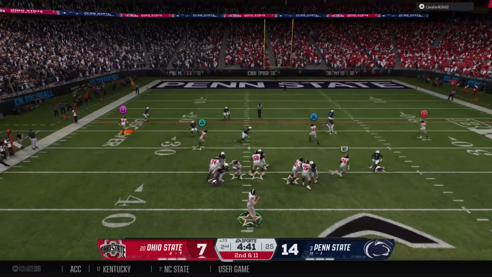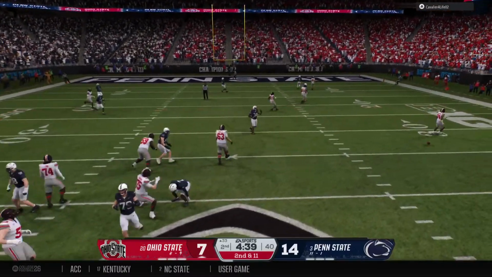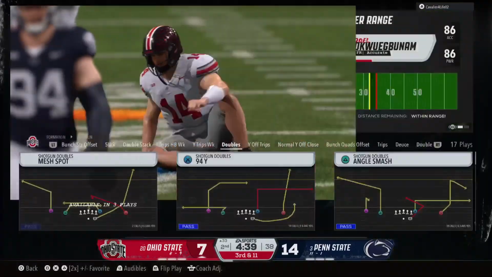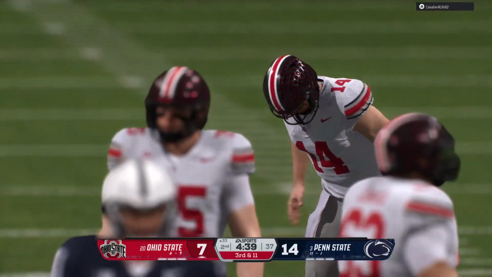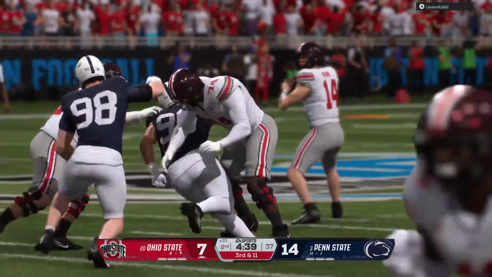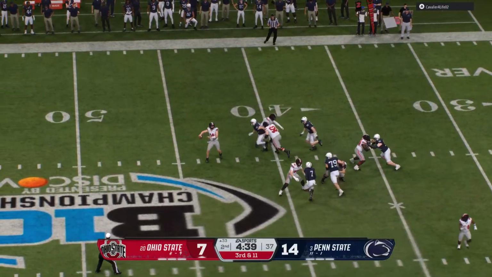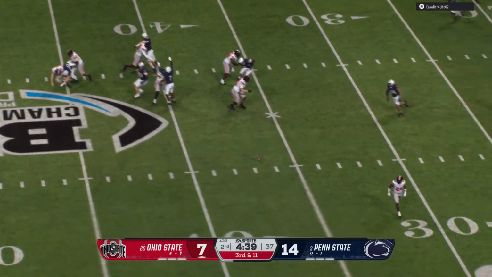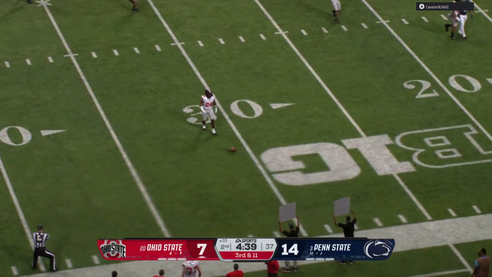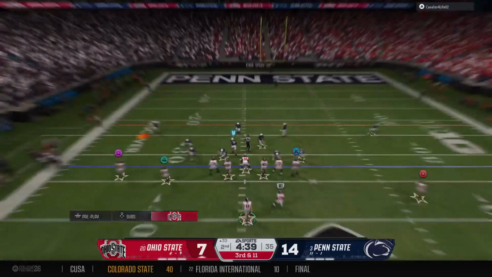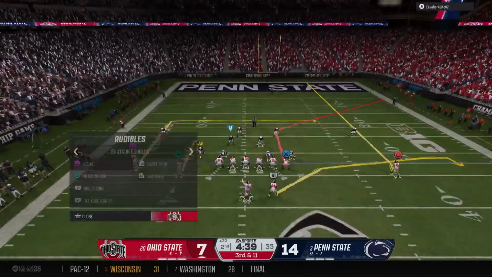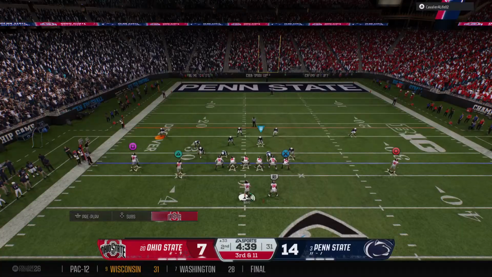To throw, it's Ward. It's incomplete. He took a hit as he threw the football, and it brings up a third down. Anytime a quarterback's able to recognize a free rusher like that, that's what the check down is for. He has to recognize the protection issues quickly and pivot. We come to the line, a long way to go for the first down, but needing this crucial conversion right now.